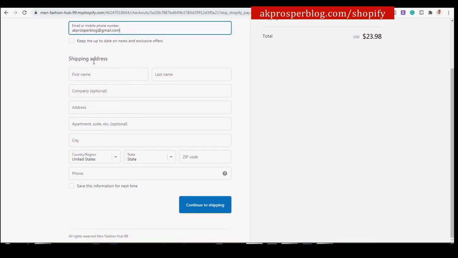So the shipping address, the first name. Let me just use my name. Let me just put in a name. So let me just use that name. So then for the address,